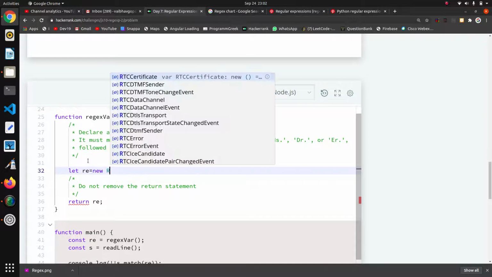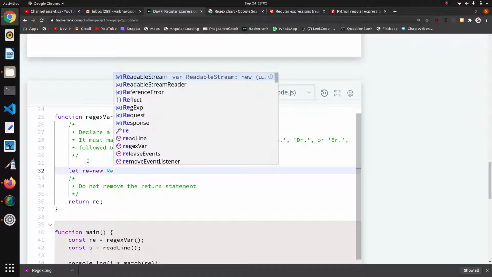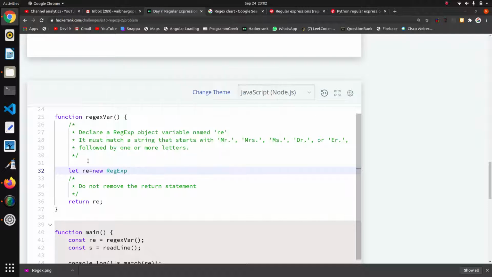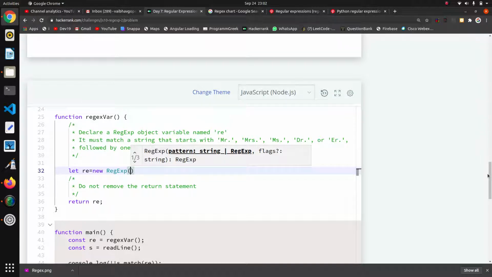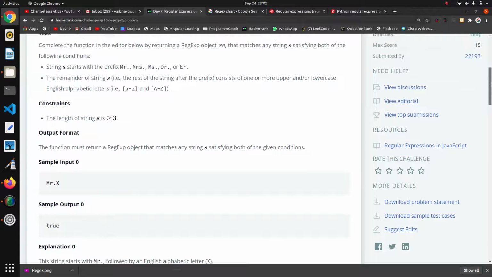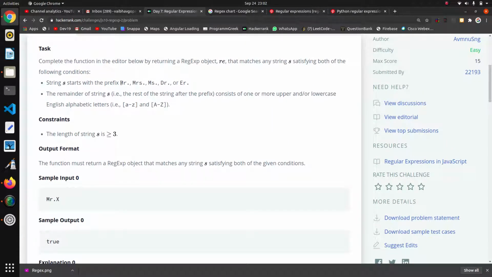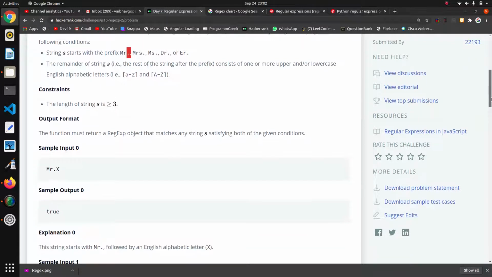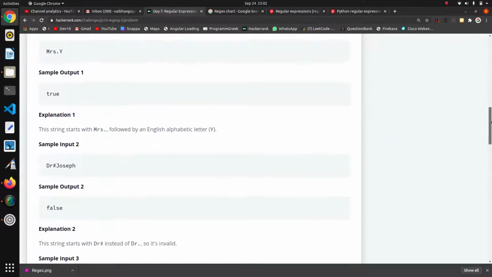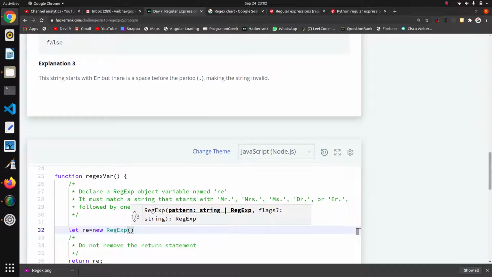Now I want to create a regex, so I am creating a constructor, which means I am creating an object of RegExp. First of all, which thing do we have to match? We have to match these Mr, Mrs. The dot part is common to all, so I will not take it in the match.